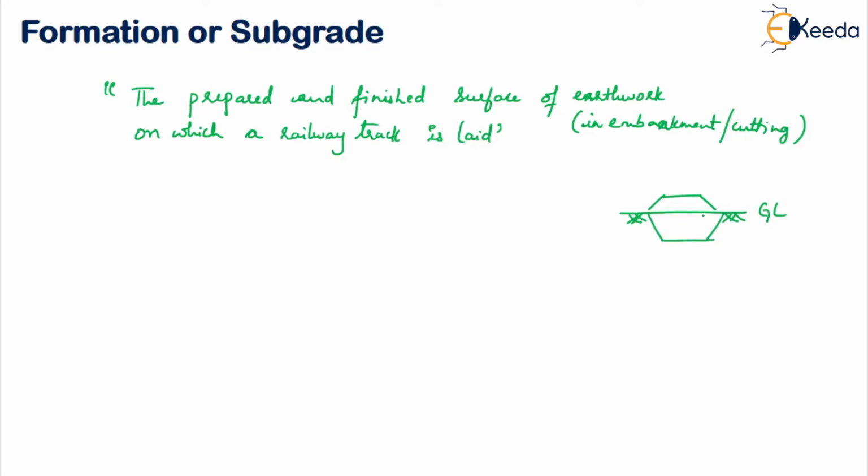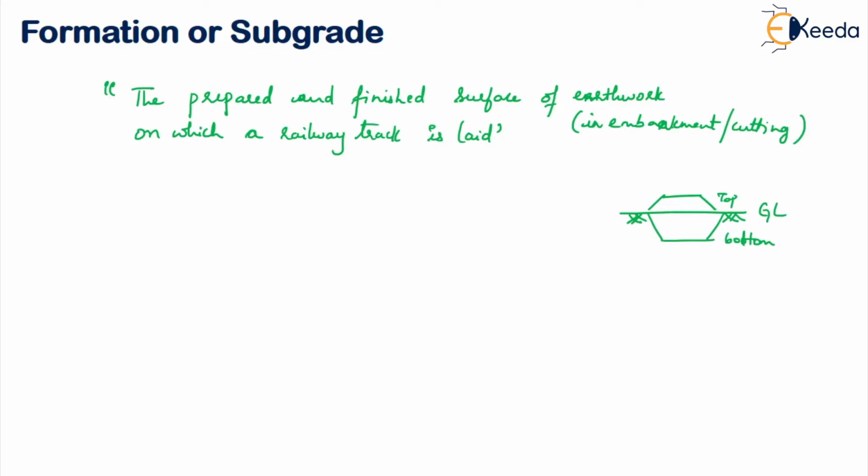In any of the ways you can do it, depending upon what? The topography of the area and the formation level as indicated in the finalized longitudinal section of the proposed track. So in the longitudinal section, whatever formation level is given, in order to achieve that, whatever you need, you have to do. Suppose the formation level is exactly at the ground level, leave it as it is. Suppose it is on the top, you can put an embankment. Suppose it is on the bottom, you can go for cutting. Understood?